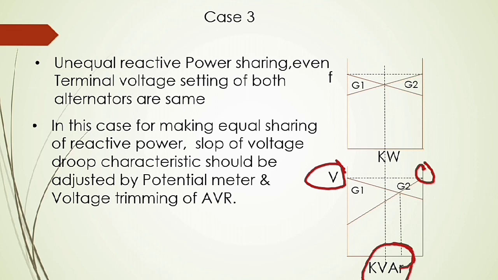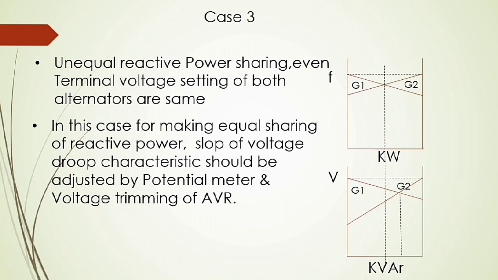Through this, you can imagine the importance of the voltage droop setting. Without voltage droop characteristics, you cannot imagine that any two parallel-connected alternators can make a balanced power supply, or a balanced, stabilized reactive power sharing. Without using droop characteristics, it is not possible.